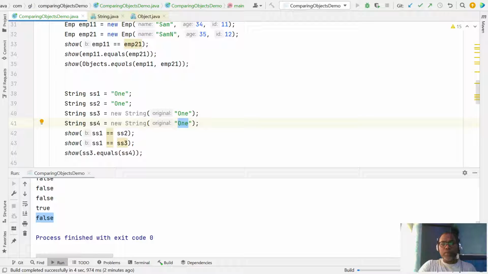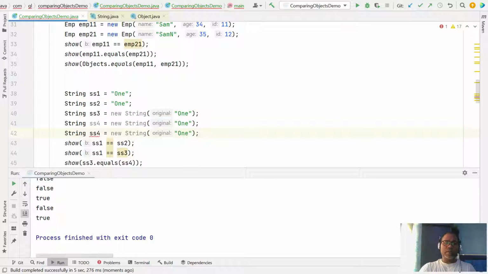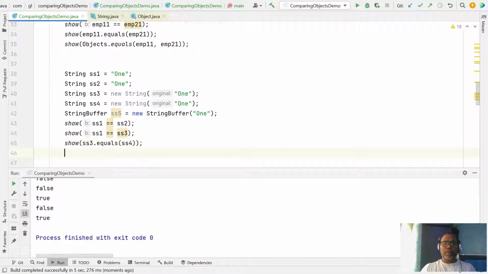But sometimes here you can pass a different object. Let's say we have another object, like ss5, let's say a StringBuffer. Here you compare 4 and 5.